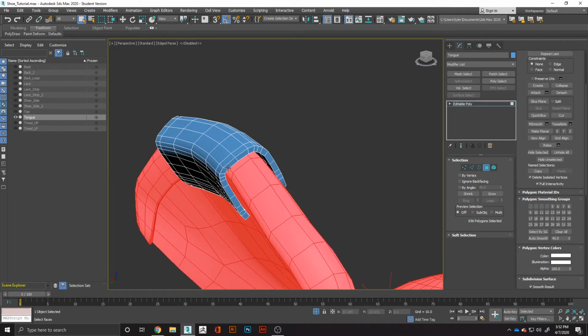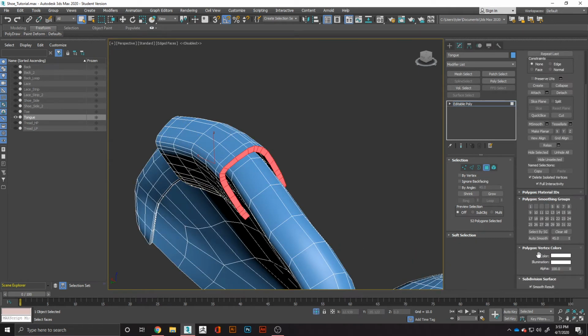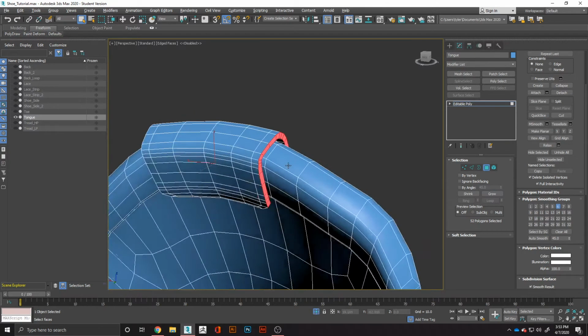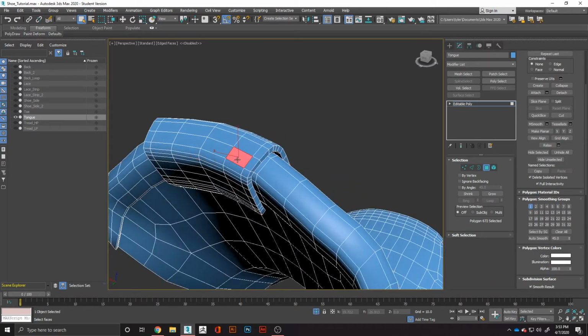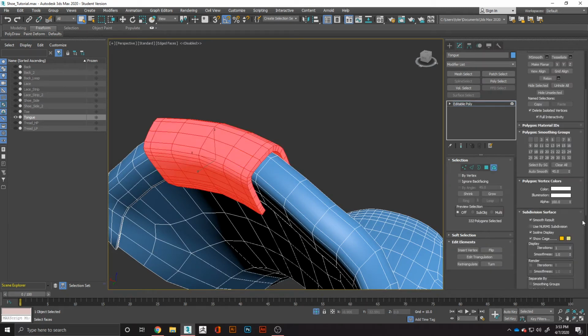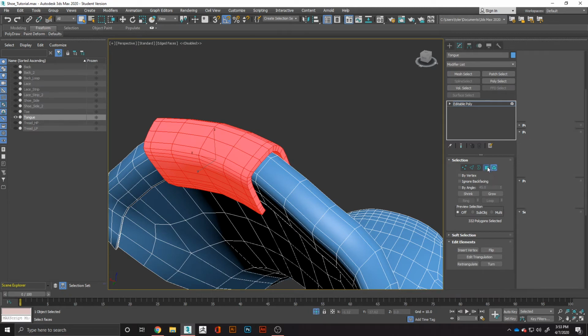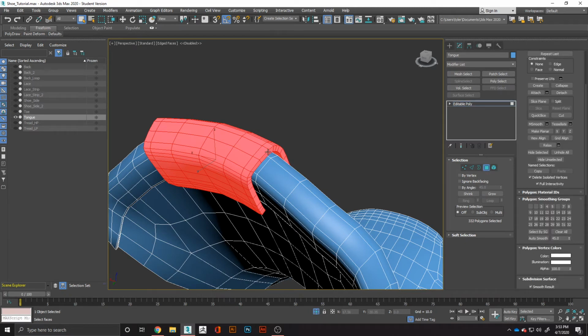Okay, never mind. What I'll do here is loop this, and I know that this has to be a different smoothing group, so I'll make that its own smoothing group, and then I want this here to be its own smoothing group. So now if I were to hold Alt and then click the polygon, it'll allow me to